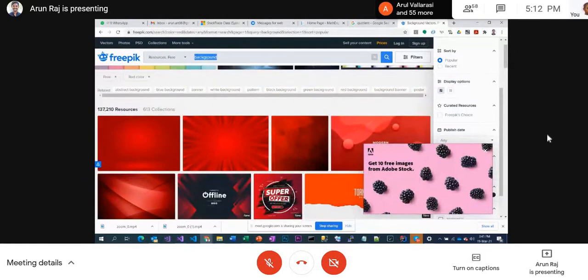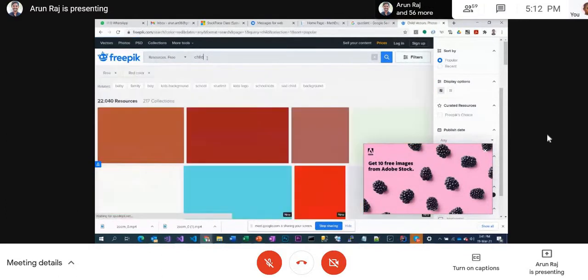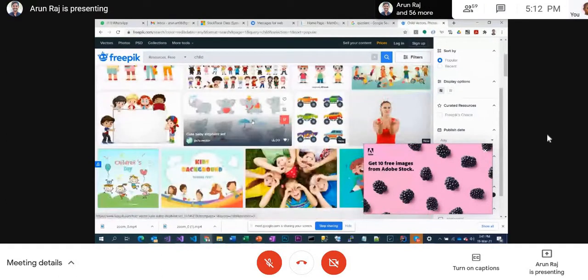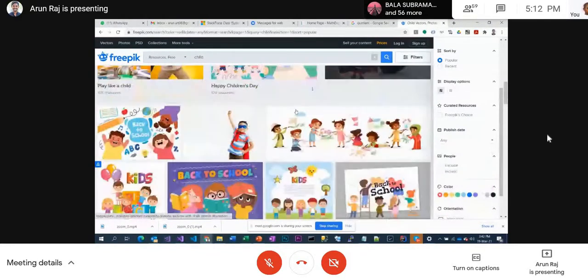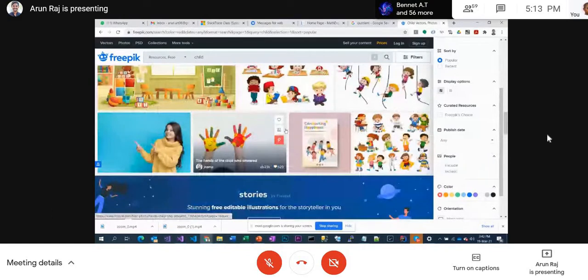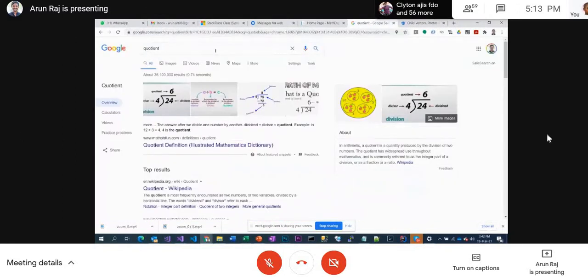And just imagine, I'm just putting child. That's it. So now I can get everything. So likewise, you can get images in any category, which is very important. Like you have Freepik, you have stock footage, but stock footage is still costly. Even if you want to know, you can get it something like here.